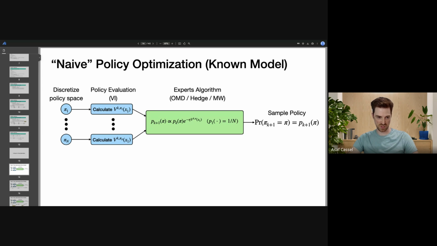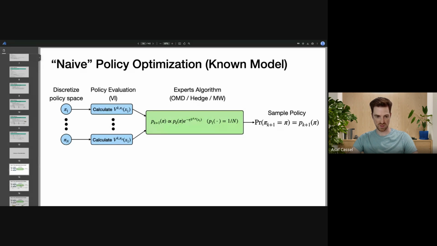One might say, let's just discretize the policy space. At least in the tabular case, you can do it sample complexity-wise and calculate the value function for each policy in this discretization and look at this as an expert problem and run multiplicative weights or whatever algorithm you would want, and sample policies from our discretization using